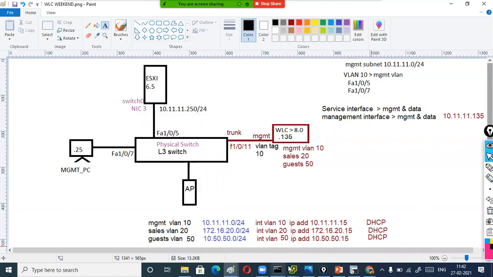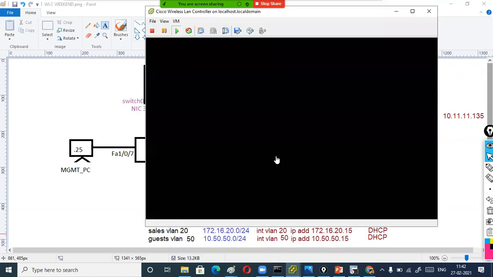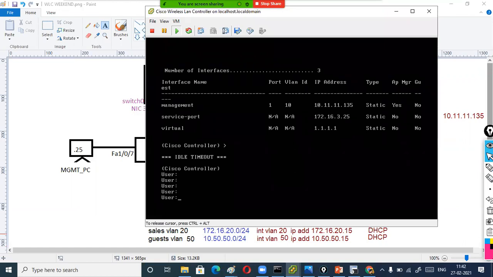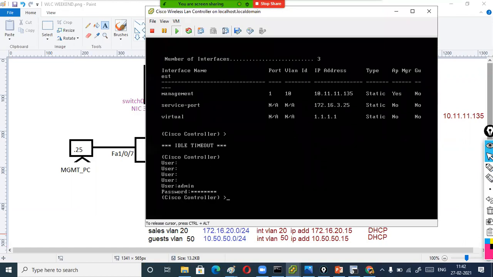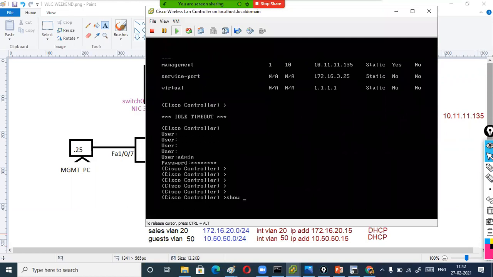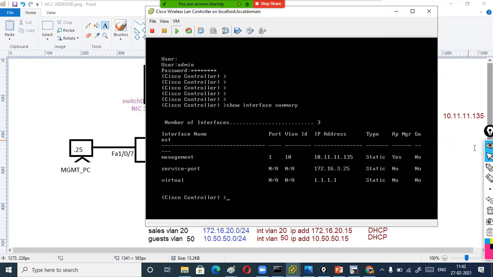And I can see here inside the management interface, username admin, password capital C small ISC 0123. I'll say show interface summary, and I can see my VLAN tag for the management interface is 10. This is an IP address which is statically configured, right? Now remember, guys,